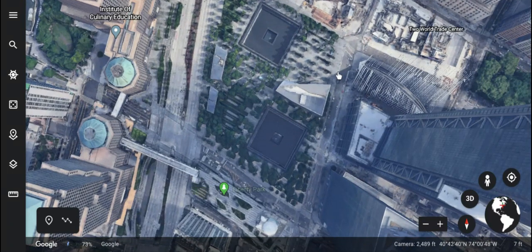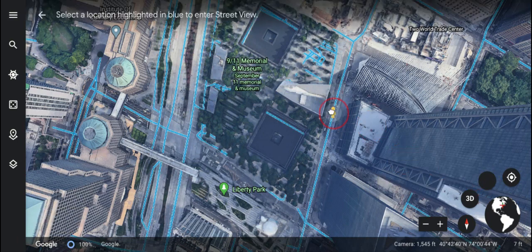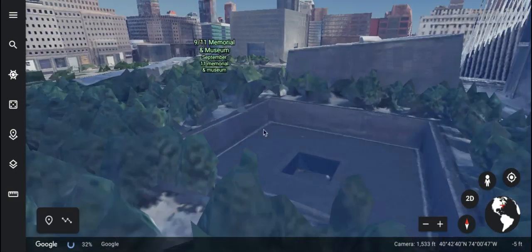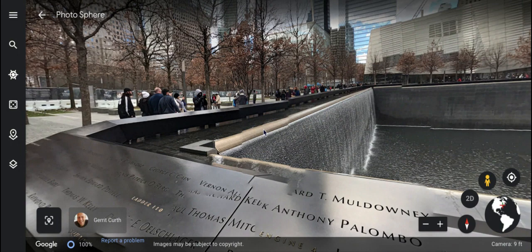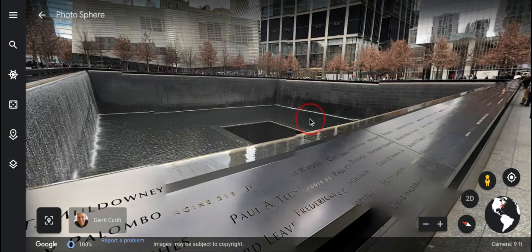It's right here in the middle of a really busy downtown area. You're right by Wall Street, you're right by the river. You're surrounded by these skyscrapers, and New York is so loud. But when you walk into this area, it's like sound stops, and all you hear is this water. And so, what I do is I kind of place them in this park for those who have been and for those who haven't. And we take a look, and they can see the names, and they can see the fountain.